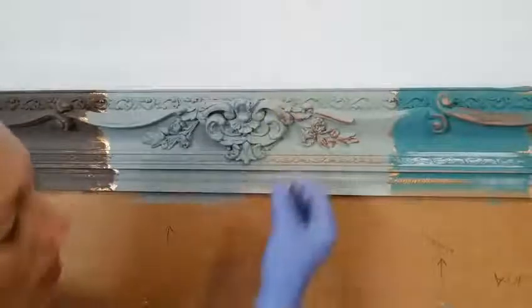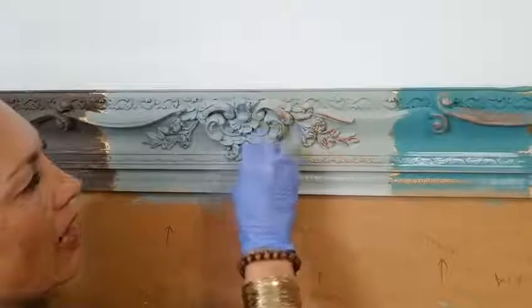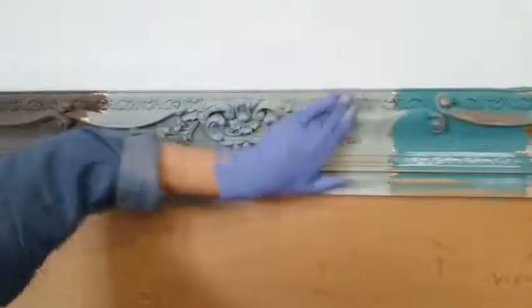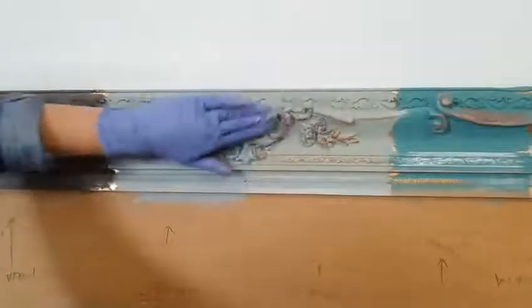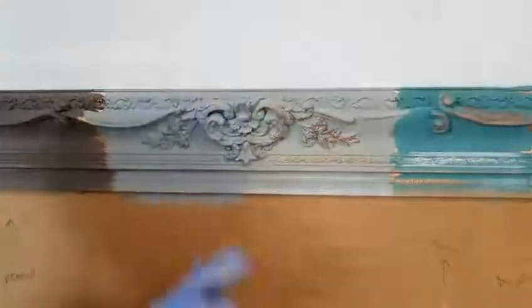Let's see. I keep looking back at the camera because I want to make positive that y'all can see this. So here's copper. So there's all 4 colors on Ball Jar. And the only colors on this frame are the...